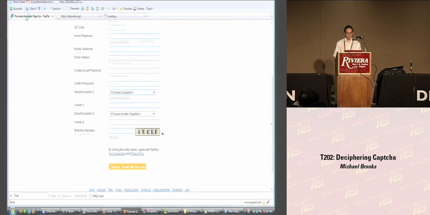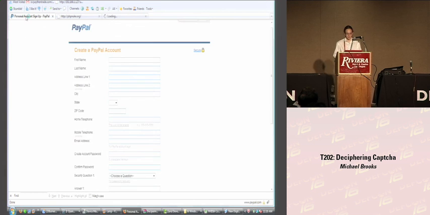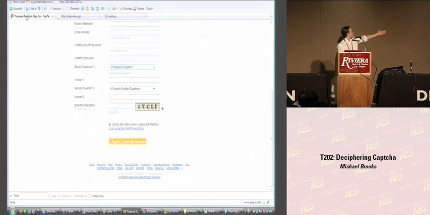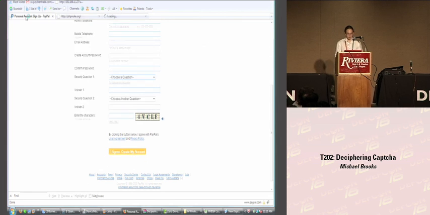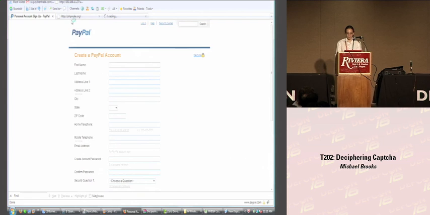But here, a bit out of order. This is the CAPTCHA used on PayPal's sign-up site right now. What are you doing? Why are you doing that, PayPal? It is disconcerting to me that a financial institution would be using such a weak CAPTCHA. And then also,